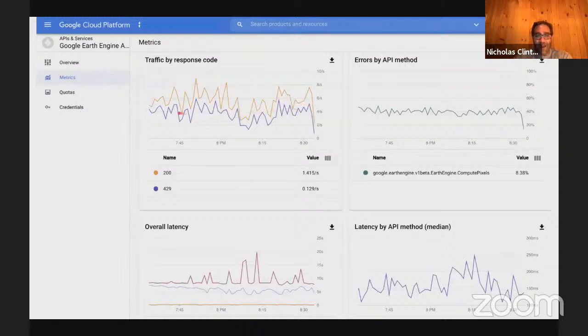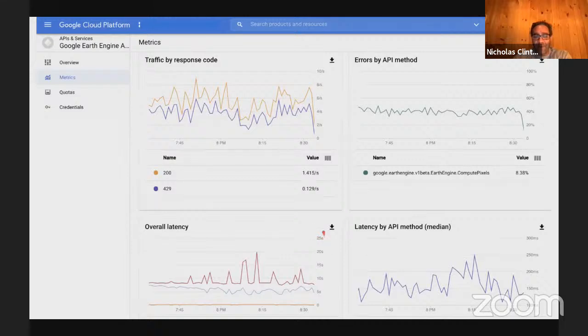So you can track your responses by response code. So you know, I'm getting a bunch of good responses, but I'm also making too many. So I'm getting some 429s, you know, too many requests. I can track how long each request is taking. I can track how many errors that I'm making,